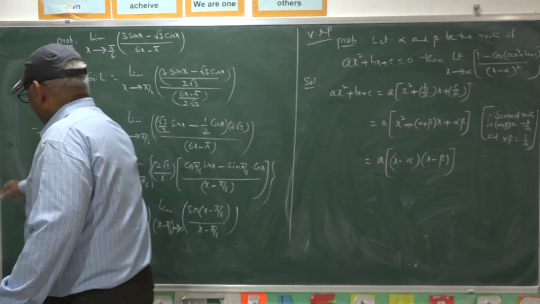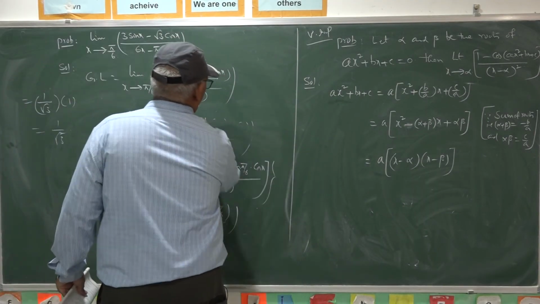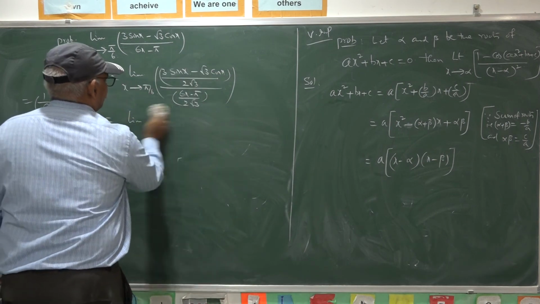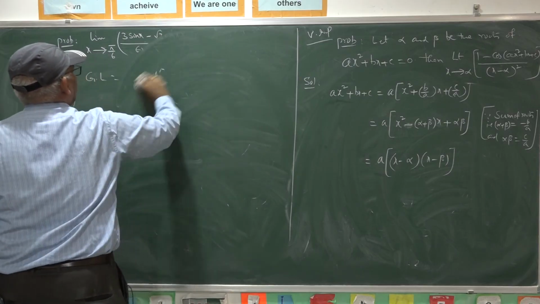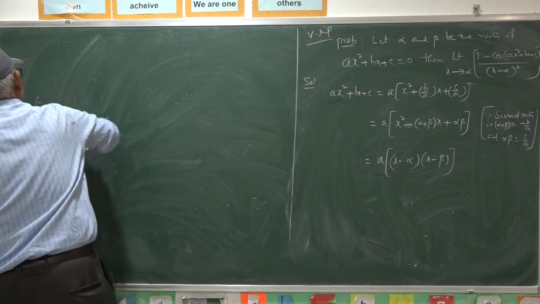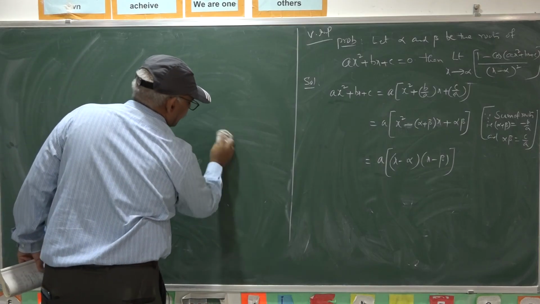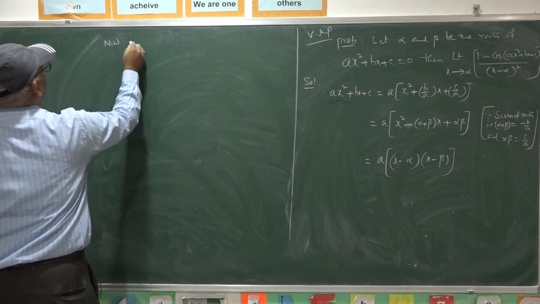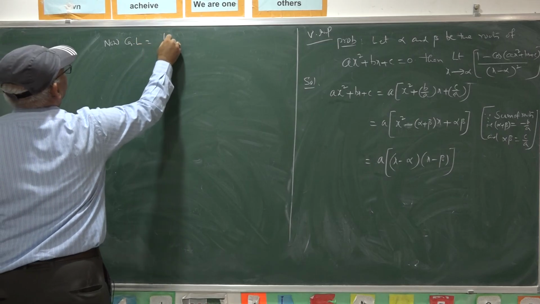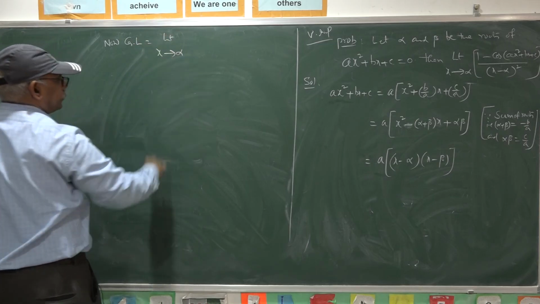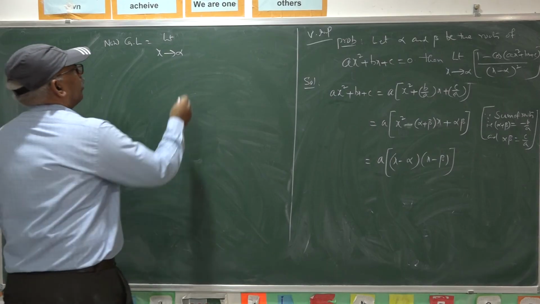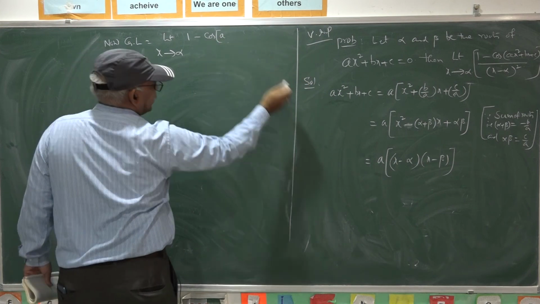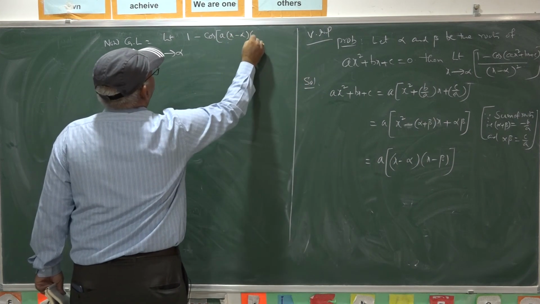Now, the evaluation of the limit. Coming to the evaluation of the limit, write that quadratic expression. Now the given limit is limit as x goes to alpha of 1 minus cos of, write ax square plus bx plus c as a into (x minus alpha) into (x minus beta),